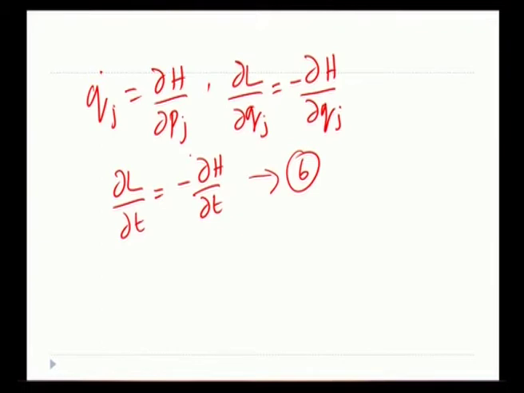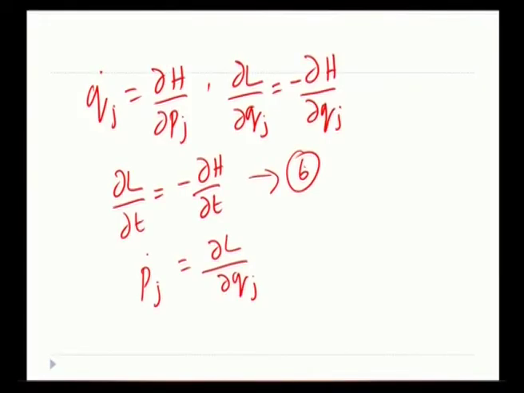Similarly we got the other terms by comparison. Now from Lagrange's equations of motion we got Pj dot is equal to dou L by dou Qj. This is the thing we got from Lagrange's equations of motion. Here this derivative of the momentum is equal to variation of Lagrangian with respect to the generalized coordinate. This is what this equation tells. We got this from the Lagrange's equations of motion.